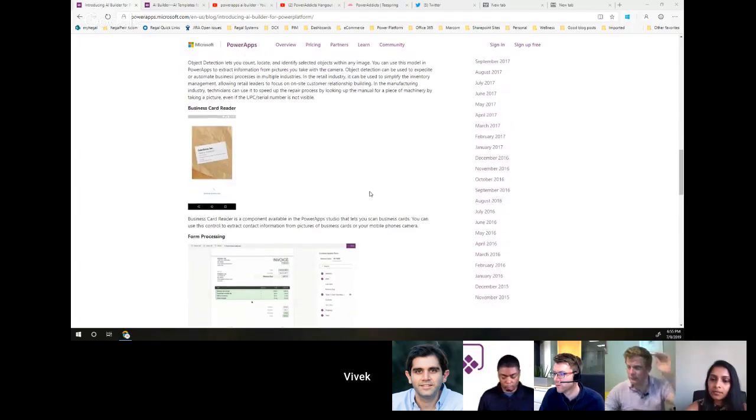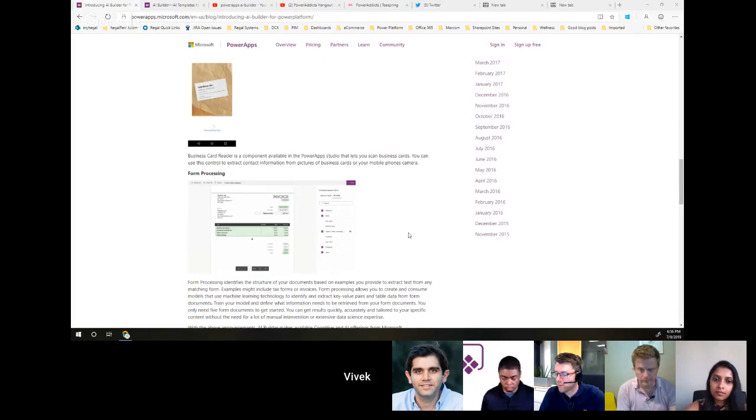So the next one, next to the business card reader and the form processing. The business card reader is super simple right now. We had Daniel, Christian, Michal, or Michael from Poland. They built a business card scanner using Azure Cognitive Services, maybe a few months or a year back. But now, using this, you just insert the object and it can detect all the fields inside it, and it does the job pretty well. But yeah, they'll keep improving it. This is still in preview, by the way.